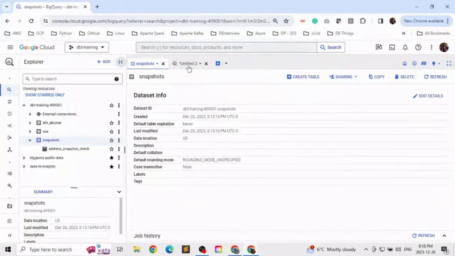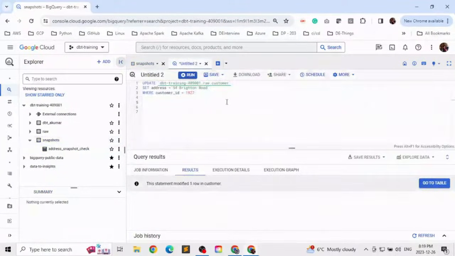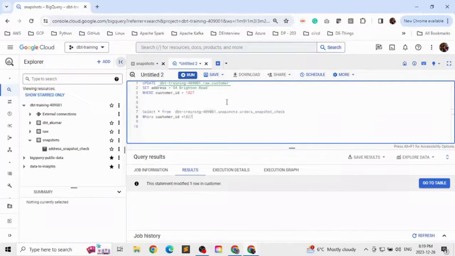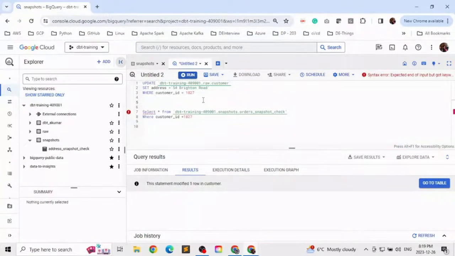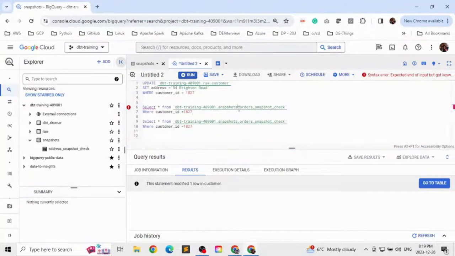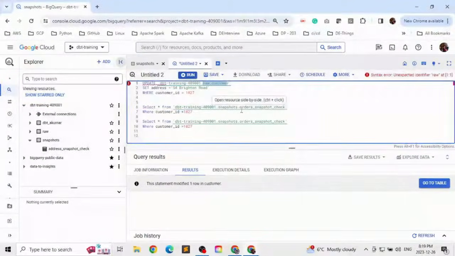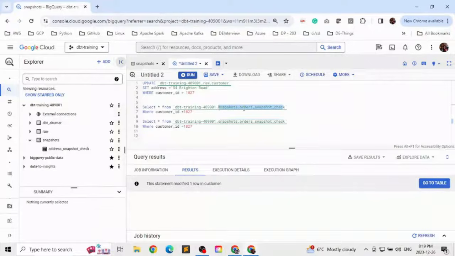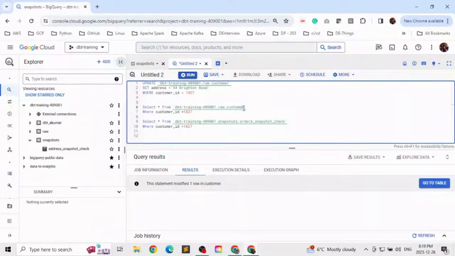I also want to check the address in the customer table too. So if we paste this here,